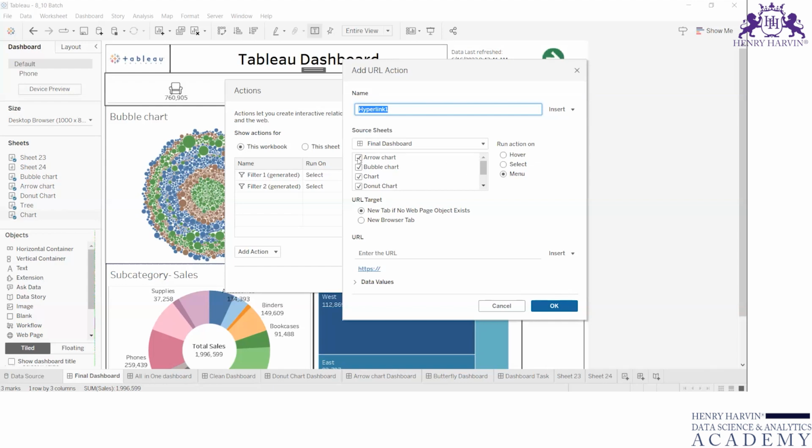So I'll uncheck all and I'll only select the chart. Okay, and now I'll mention over here, let's say Tableau. Okay, no, let me search the icon over here. Tableau Public. Okay,